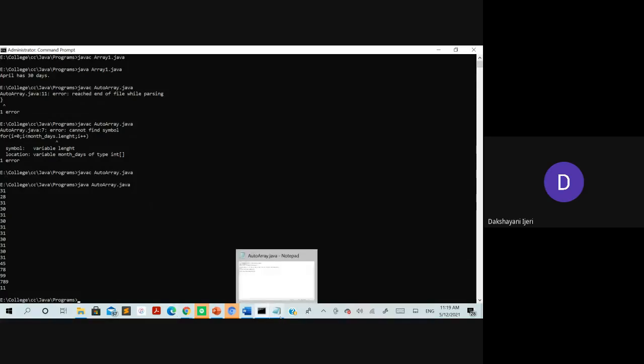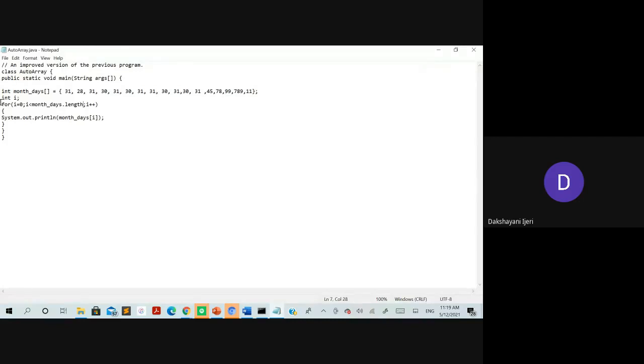So this is how you are able to access every element by using the for loop. How to use a for loop on the array? Start with the iteration variable at 0 and restrict it to the array variable dot length, to get the total length of the array. This is the best way. Why? Because you might not always know the total number of elements to be taken statically in your program. So the best way of getting it dynamically is by using the length on the array variable, and the iteration variable has to be incremented by 1. Here I have just tried to print out the values, right?